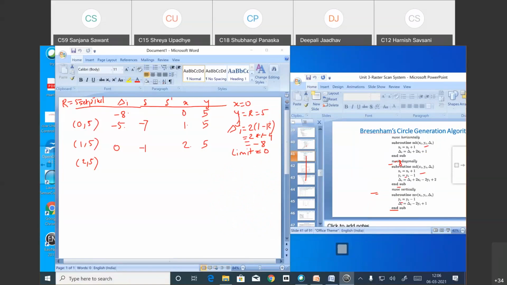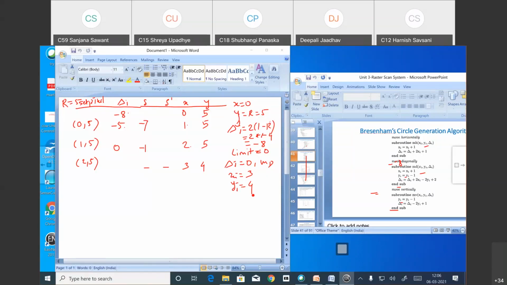Again, now here what happens? This delta I is equal to 0 now. So we call MD, not necessary to calculate lowercase delta or lowercase delta dash. Why? Because here delta is equal to 0. So increase the value. This one is not calculated. Remember that. So directly increase the value of xi and decrease the value of yi. Okay. Xi is equal to xi plus 1 and yi is equal to yi minus 1. So the next pixel is 3, 4.